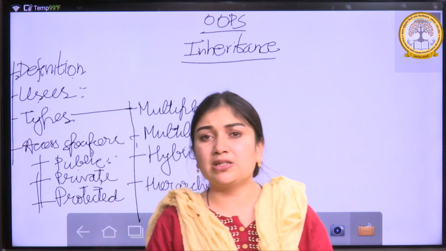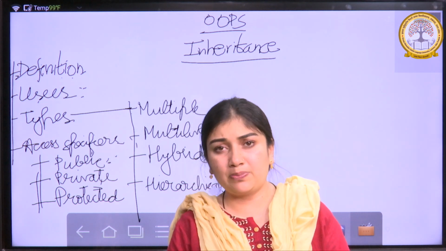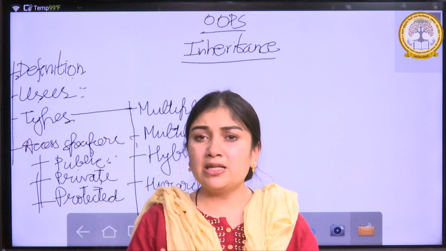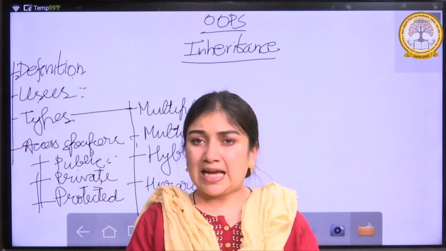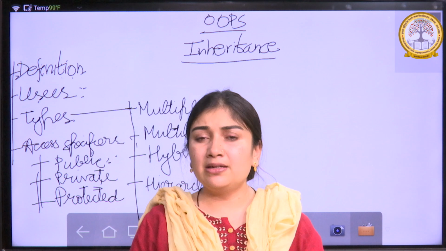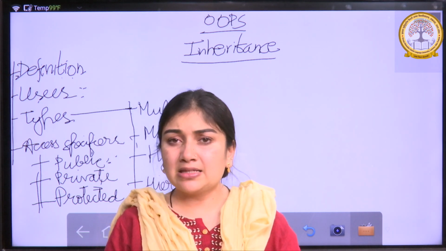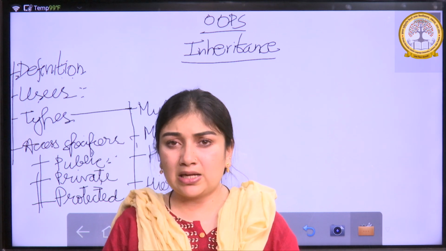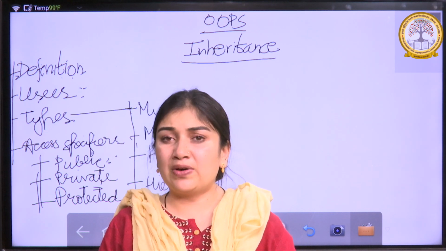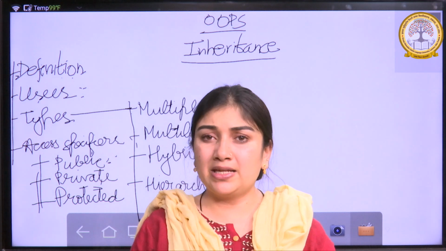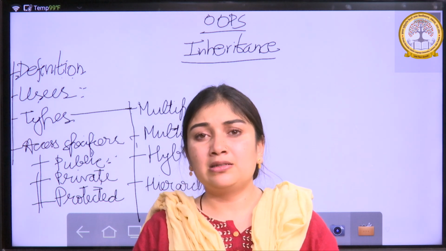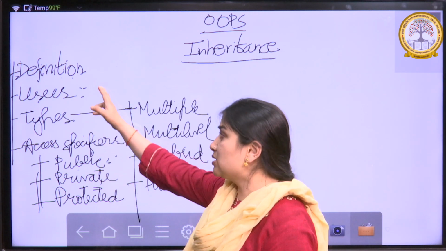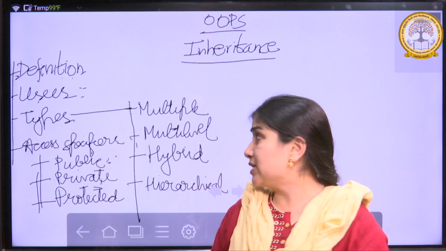In the same fashion it goes with object oriented programming in the case of classes. Here the properties of a class can be inherited by another class. The class that inherits the properties is the child class or the derived class or the subclass, while the class that is being inherited is the parent class or the superclass. So this is what inheritance means.